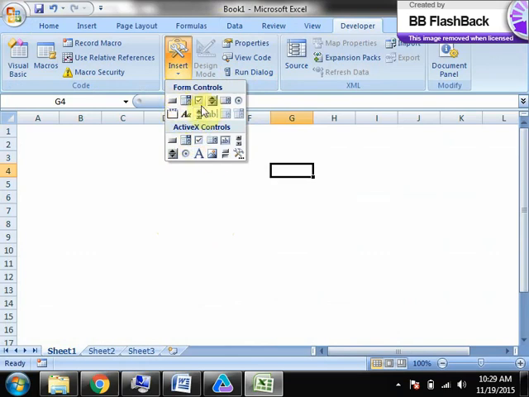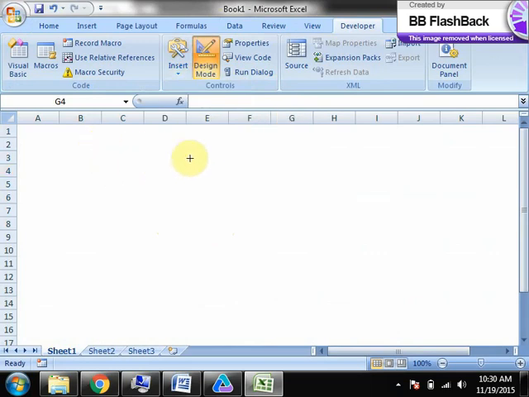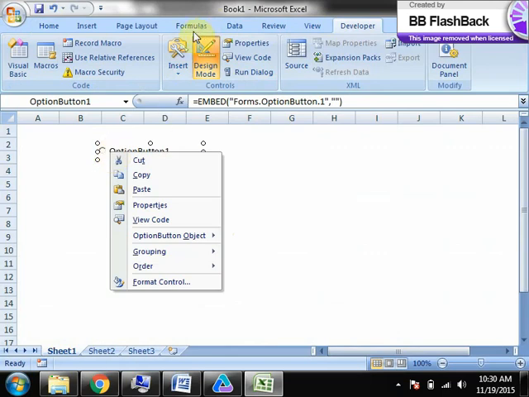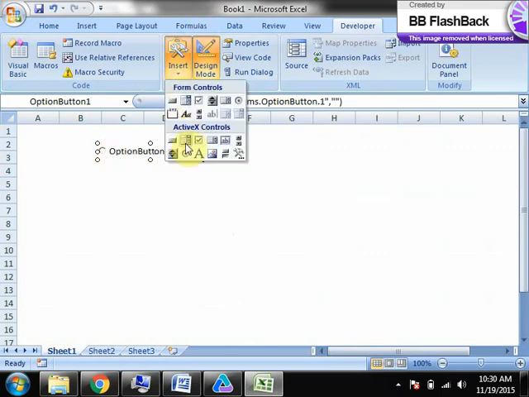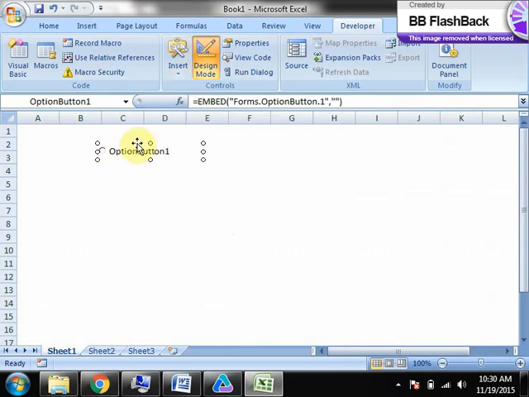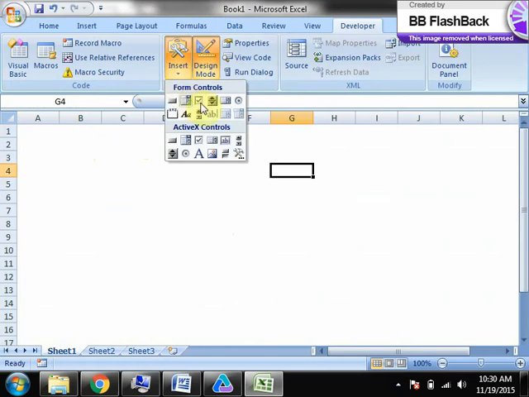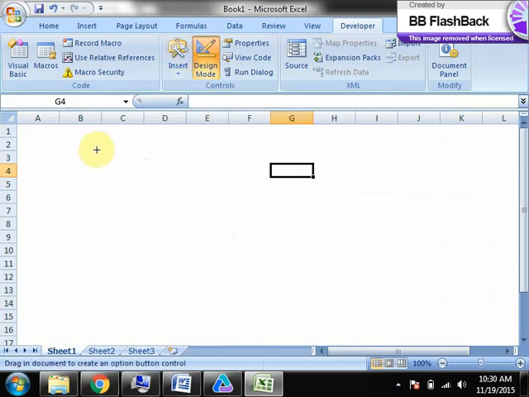Form controls. There are two things: form controls and ActiveX. Remember that ActiveX controls uses macros, Excel macros, whereas form controls use Visual Basic. Okay, it will launch Visual Basics, form controls. You can use either one for now. No, wait. Sorry, I just told wrong. ActiveX controls use Visual Basic, form controls use macros. Okay. So for now I will use macros, but we are going to use ActiveX controls also.